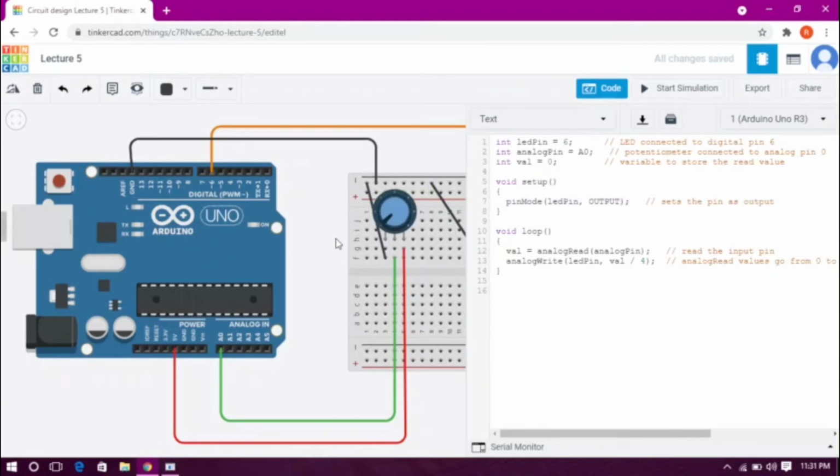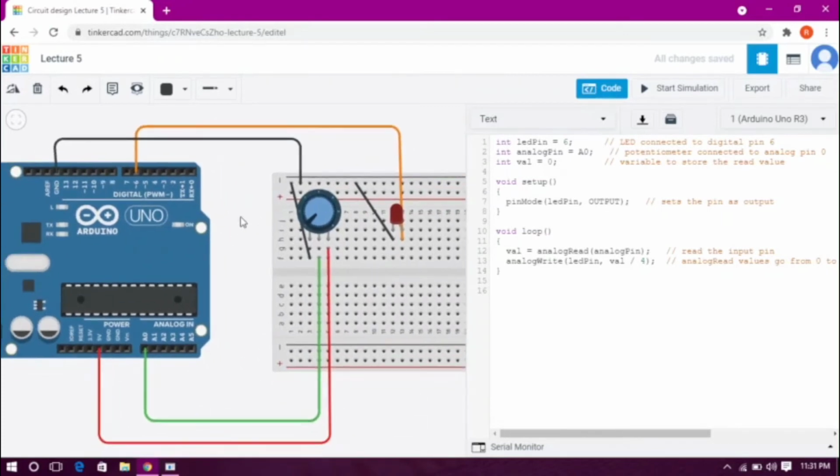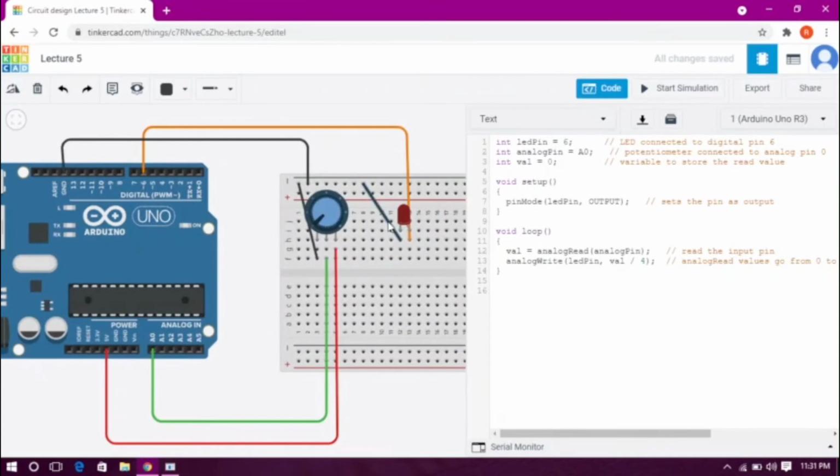So over here you can see we have chosen it. And now in the void loop, what we are doing is assigning our value to analog read. This is a function. Analog pin, this is the pin that we are using, A0, and then the analog write function will be there.